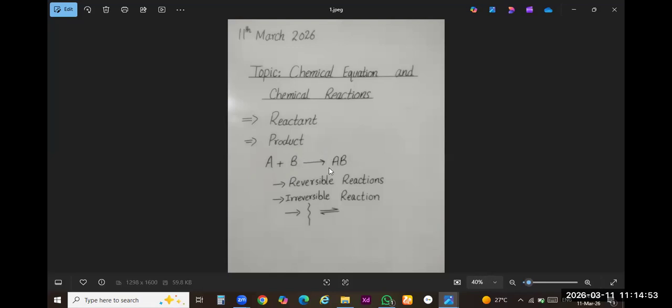This is the arrow. It's an indication of the chemical reaction. Whenever you will write the chemical equation, you will draw an arrow, double-headed arrow or single-headed arrow in the center of these reactant and product. You have to write this arrow in between these reactants and product. Basically, it's an indication of chemical equation, right? So keep it in your mind.